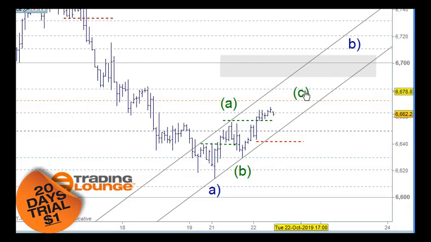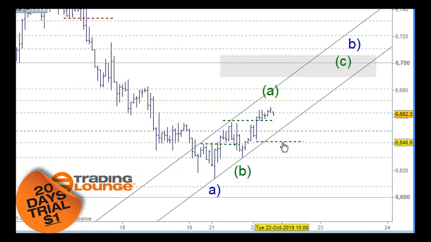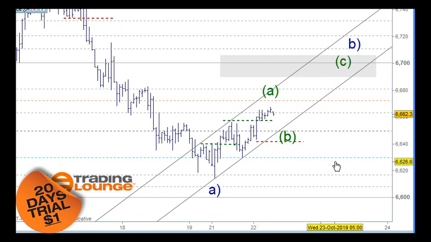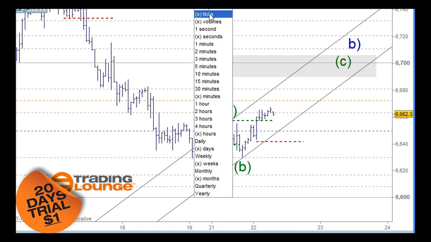The other way to look at this perhaps is to look at this as wave A. I mean, it can be counted in different ways here. This is the sort of frustrating part here. So we could end up looking like this here. I'm not too sure, but I just have to count it as I see it so far. So when I go to the tick chart here, just to show you,